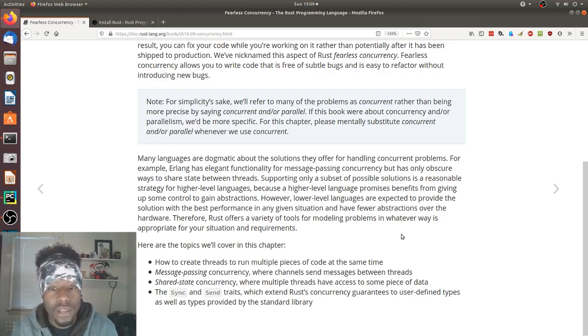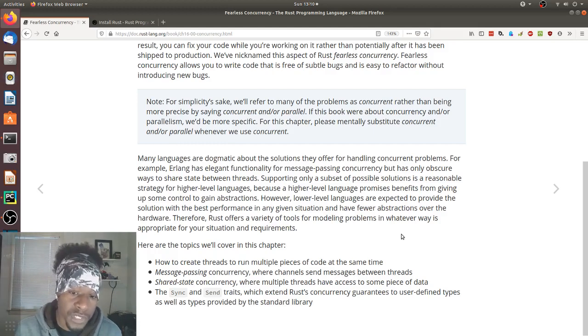However, lower-level languages are expected to provide the solution with the best performance in any given situation and have fewer abstractions over the hardware. Therefore, Rust offers a variety of tools for modeling problems in whatever way is appropriate for your solution and requirements. Okay?